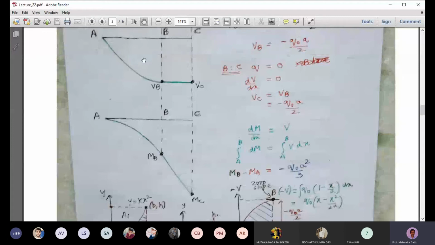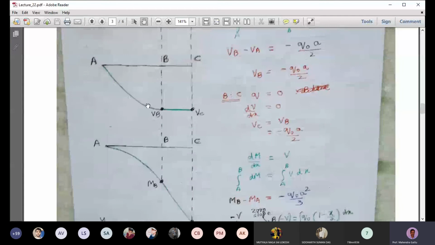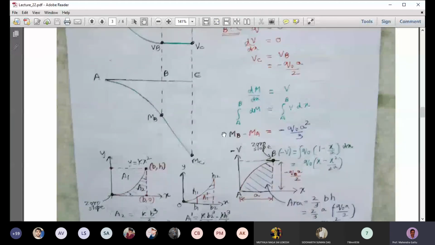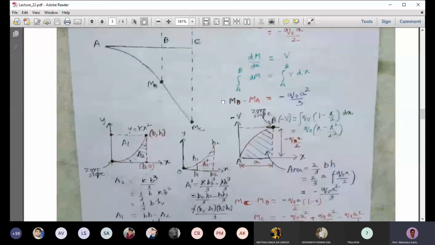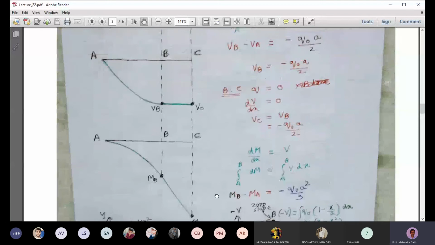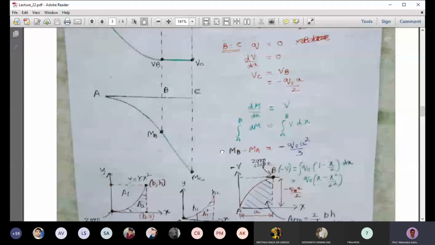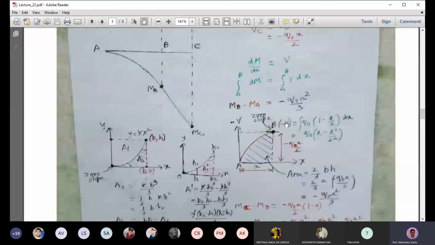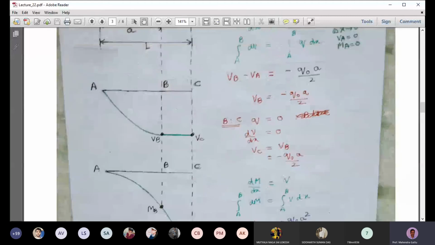Okay, so to find the area under the curve, we have to do some calculations, because I think we cannot directly get that. We have to find the shear force curve. So what is the shear force between A to B? The distribution we have to find, and how to get that? We have to do that calculation for shear force. So dV by dx is minus q, so V is equal to, yeah, we have to do this calculation.